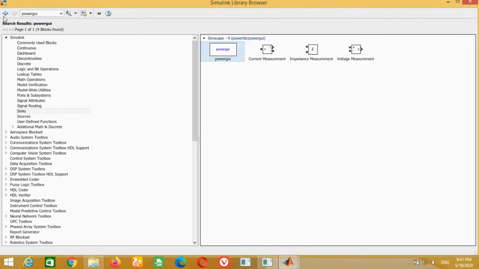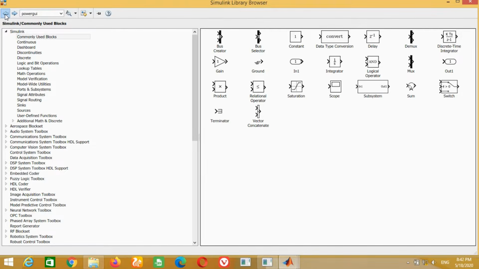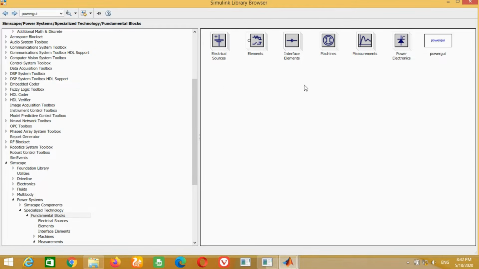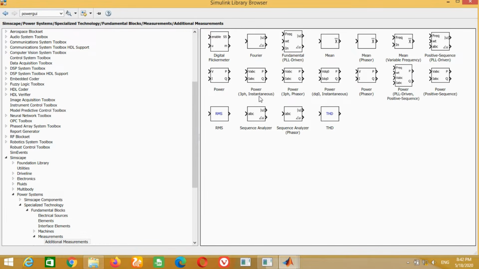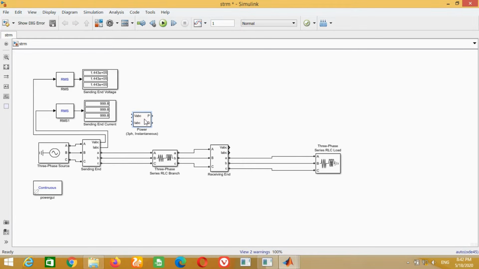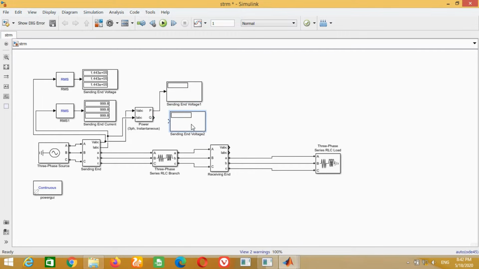Now we need to measure the sending end active and reactive power. For this purpose, we need the 3-phase instantaneous power block. Take this block, put it in the model and connect it with the RMS voltage and current measurement wires. Now connect the display with the P and Q ports in order to measure the active and reactive power.